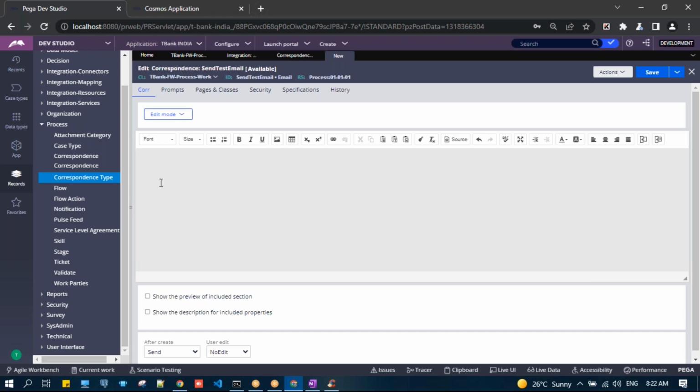Everything you can define here in this correspondence rule. You want to include an image, tables and all, so you have all these options. And coming to the source, click on here. So what is the source here? The source is nothing but